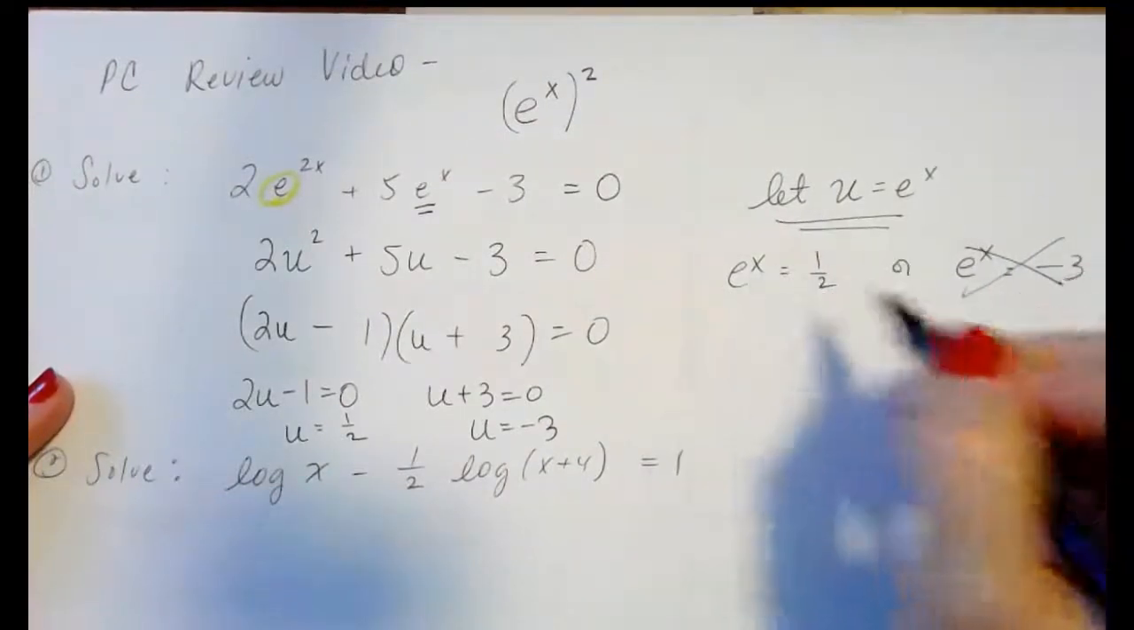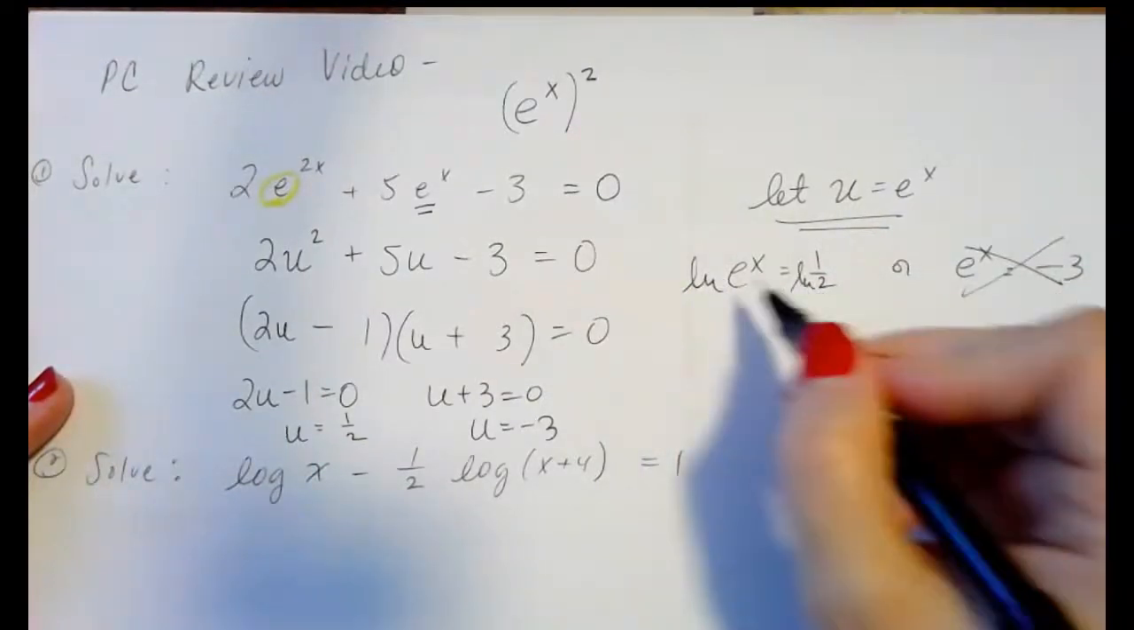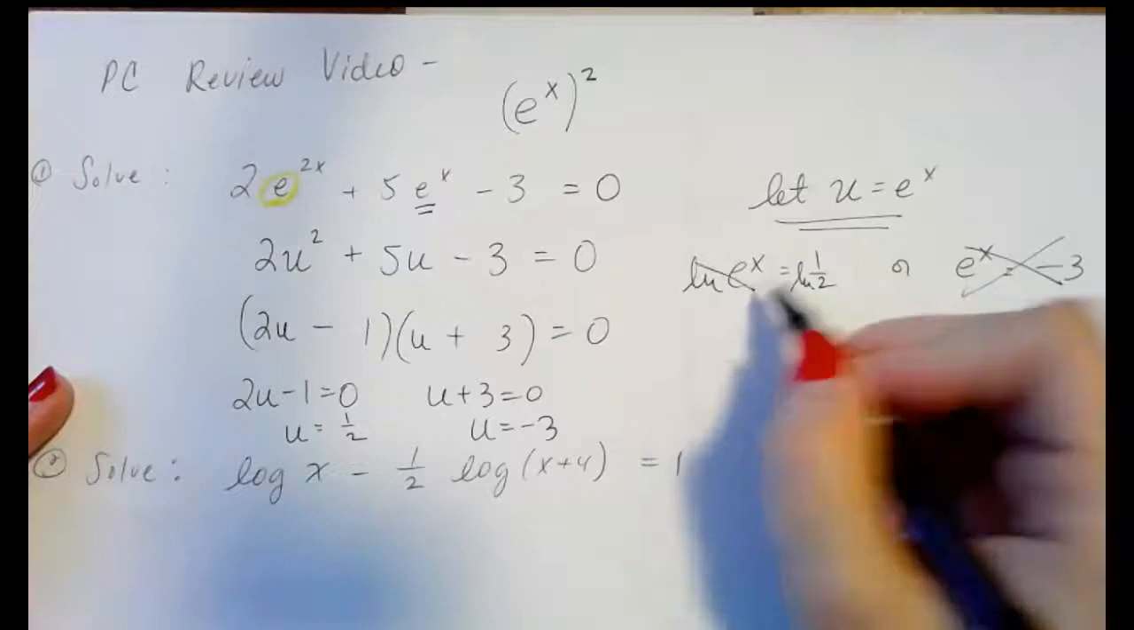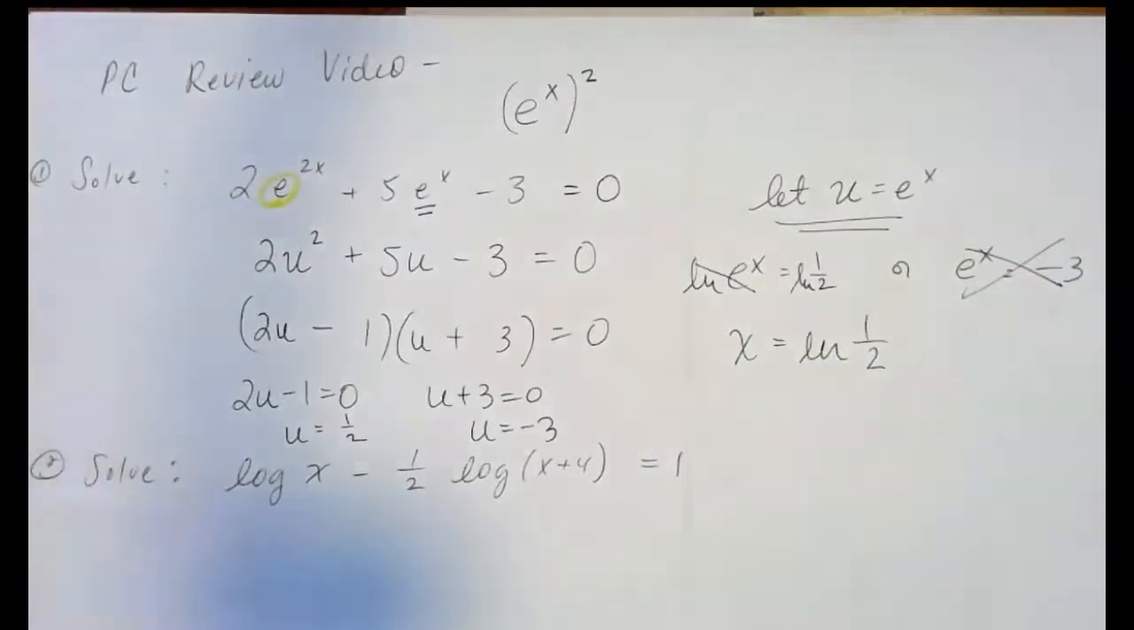So what power of e equals 1/2? Well, we can find that by taking the natural log of both sides. The natural log of e is 1. x equals ln of 1/2. Ln 1/2 is the solution. Next,